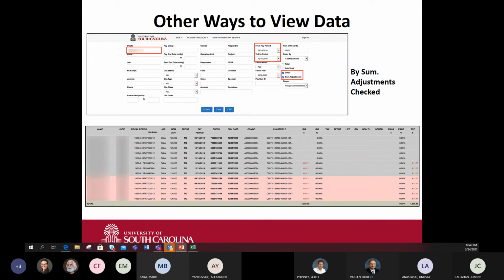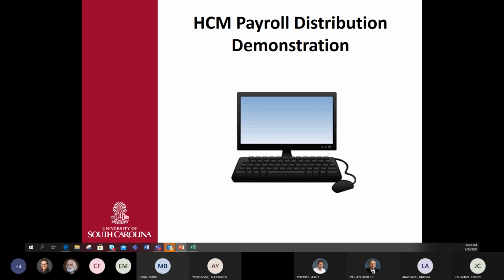You still see the pink so that you know there were adjustments, but it just gives you the net remaining on that line. So it's a really nice feature, and it makes review a little bit easier. So I highly encourage you to use that if you're reviewing a line that has a whole lot of retro adjustments or RPay corrections on it. So now we'll jump in